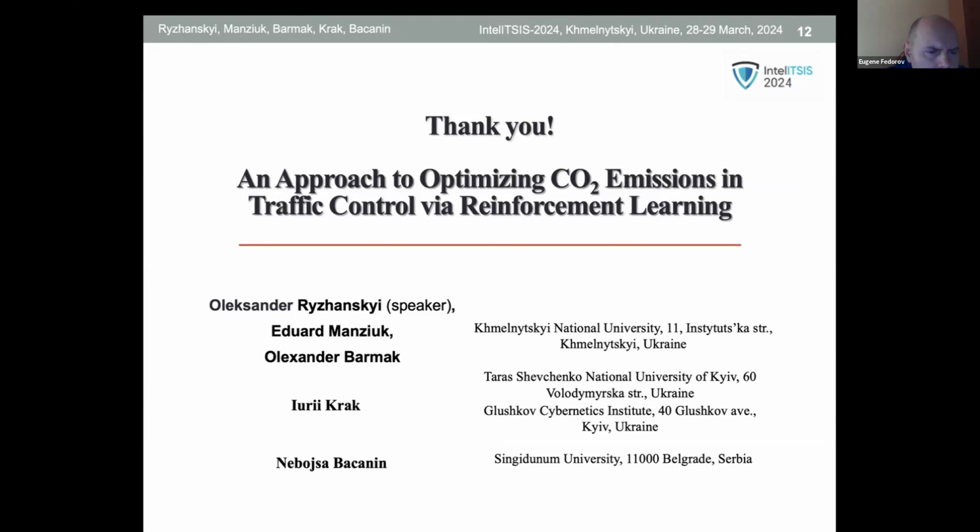What neural network are you using? The neural network was used from the study FRAP, which is referenced here. It's quite a complex neural network. It does not capture traffic. Instead, it captures